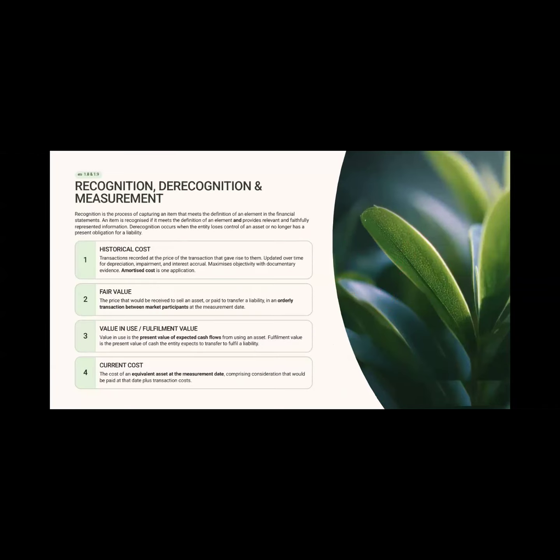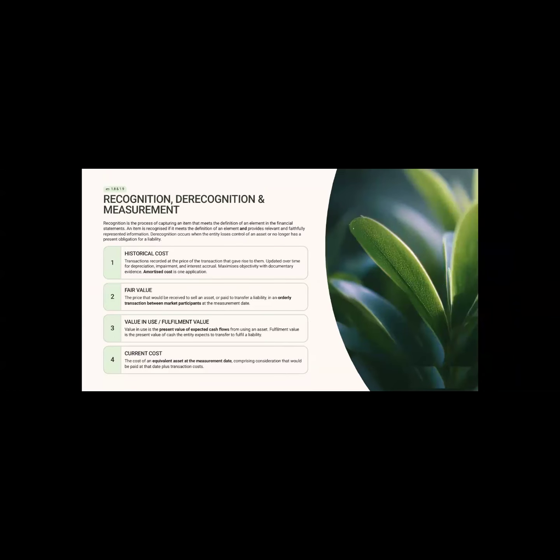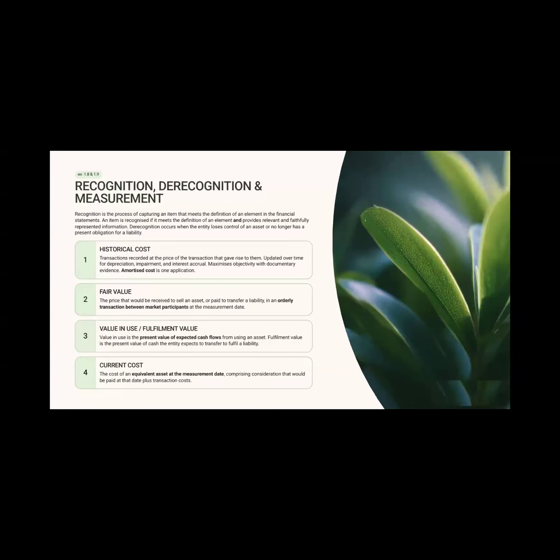Now, what is the amount that is going on the market? With that, you have to add any cost, sell කරන්න cost මොකක් හරි තියෙනවා නම් ඒකත් add කරලා දාන එක තමයි current cost. So these are the methods we are using in order to record these things. Historical cost තියෙනවා. We have 4 methods: historical cost, fair value method, as well as value in use method and current cost method.